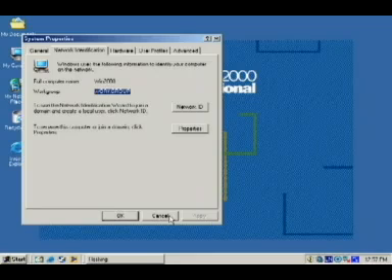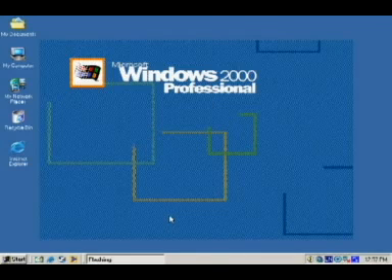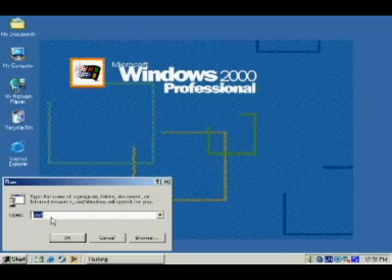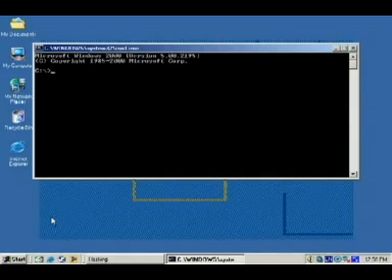Now before we start, I think it's very important to make sure that we are actually connected to the network, that everything's working fine, because if it's not, then from this point onwards things can go wrong. So what I'm going to do is just go Start, Run, and go to the command prompt. So CMD, click OK, and we get the command prompt. Now what I'm going to do is I'm just going to ping the server and the server's IP address. Now the ping command is simple, ping, and then I just stick in the IP address